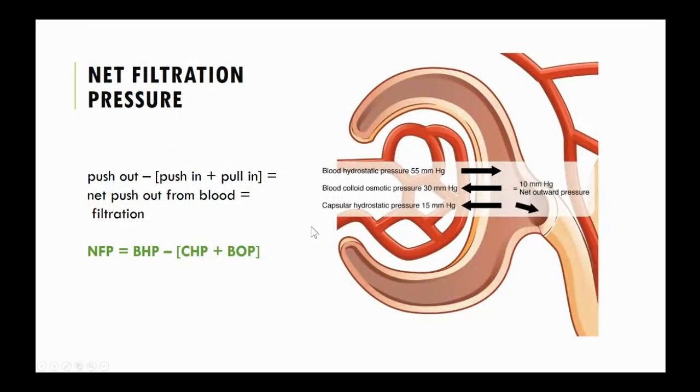So if we see here, we have this blood hydrostatic pressure. This is our blood coming through these glomerular capillaries, and it is pushing fluid into this capsule right here. Then we have this blood colloid osmotic pressure, pulling it back in. But because there's fluid in here, we also have a hydrostatic pressure against this tube, which is not as strong, and it pushes back this way. So we get about 10 millimeters of mercury of net outward pressure pushing into the Bowman's